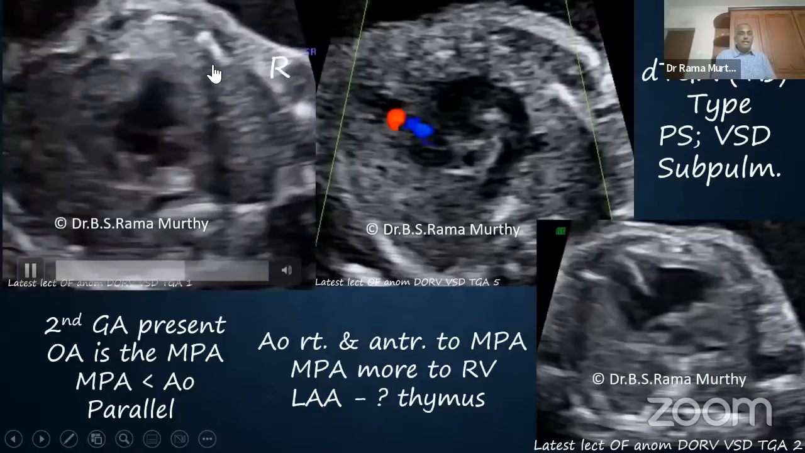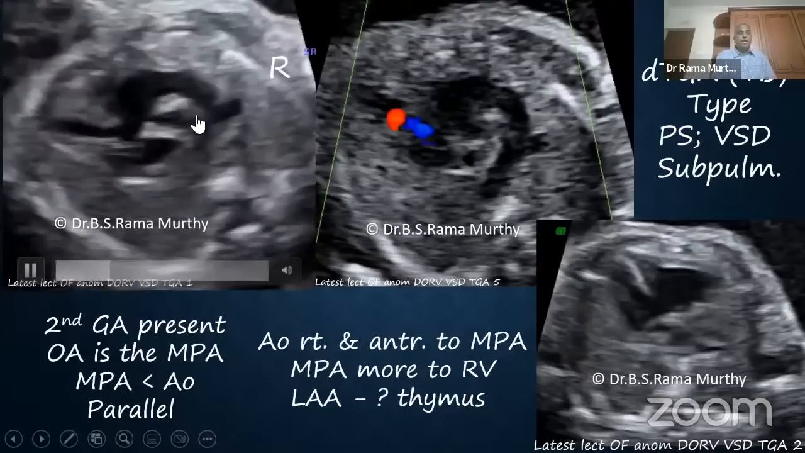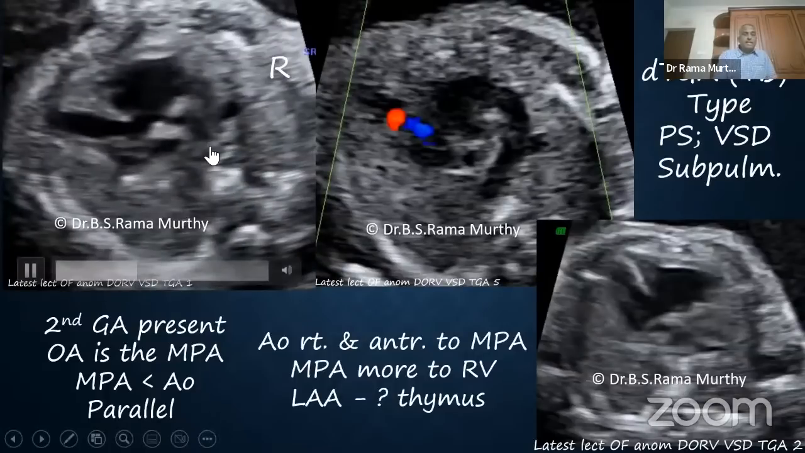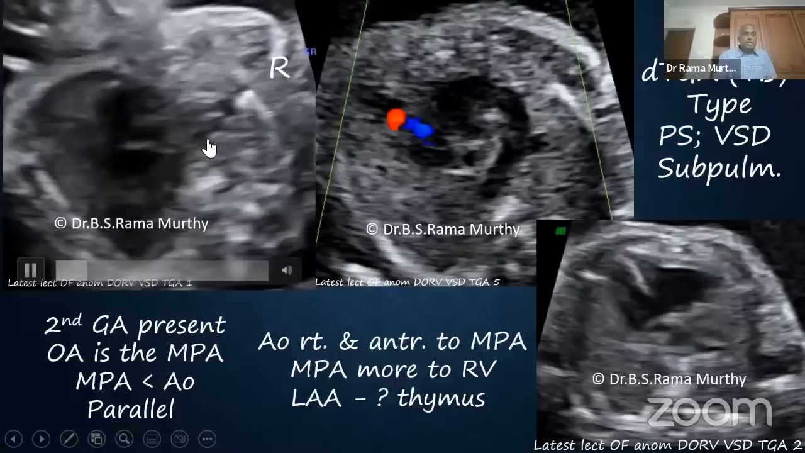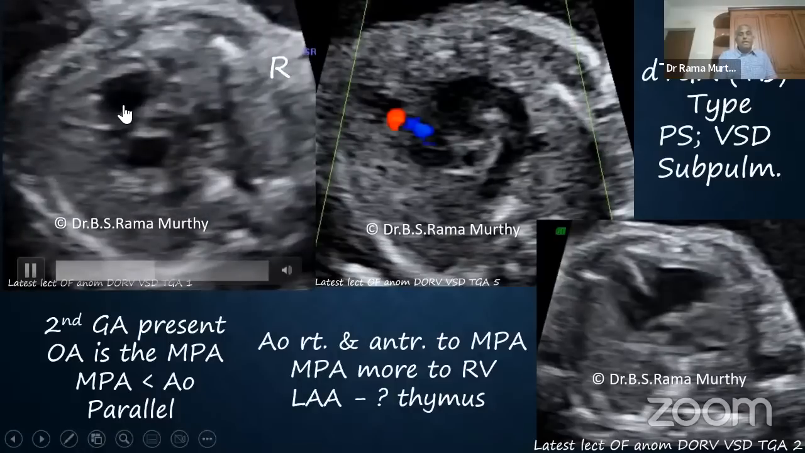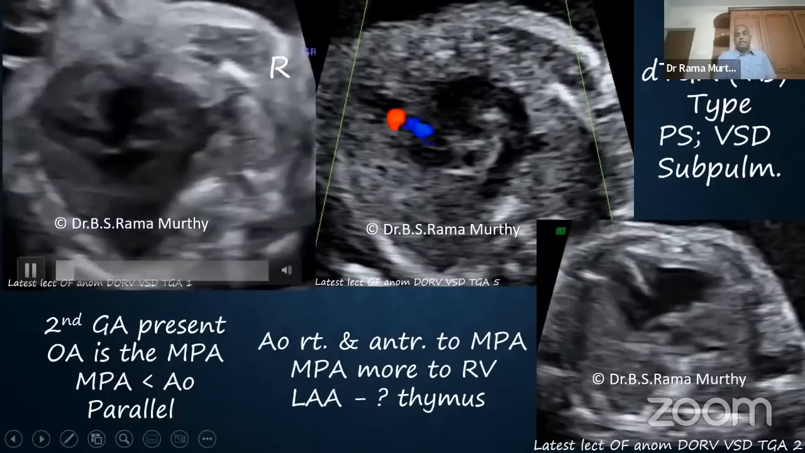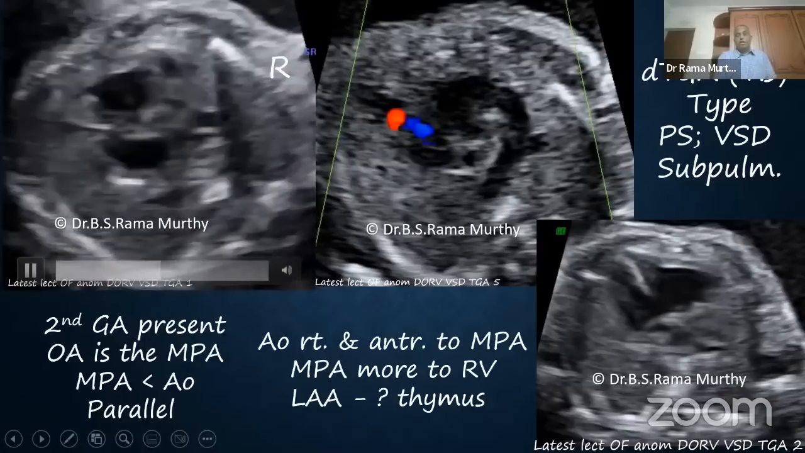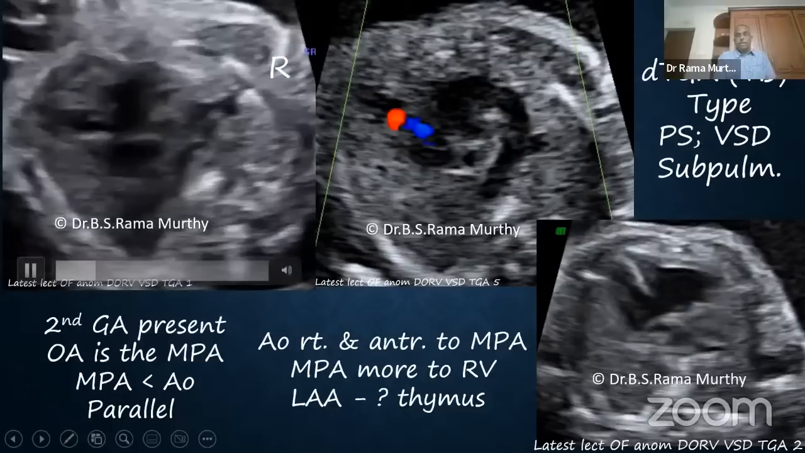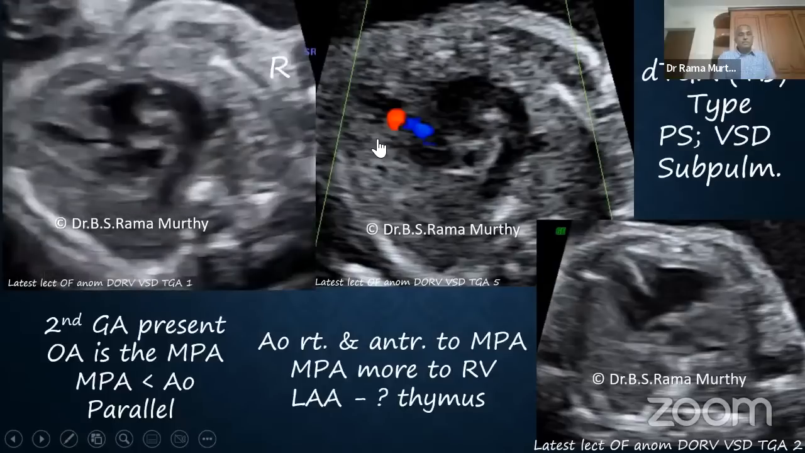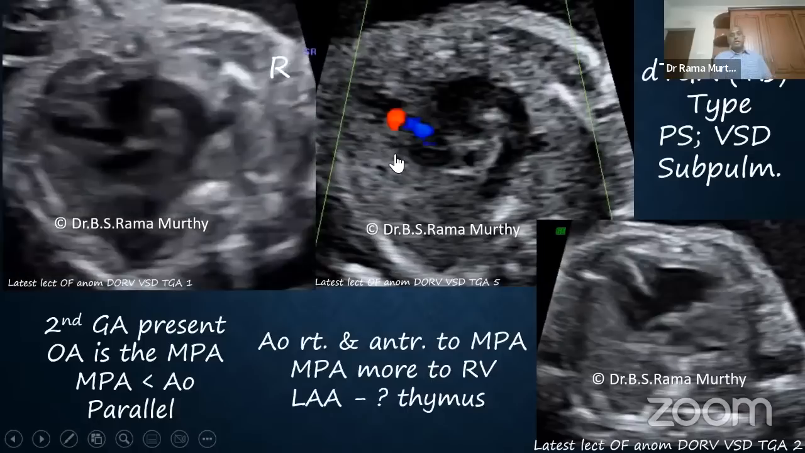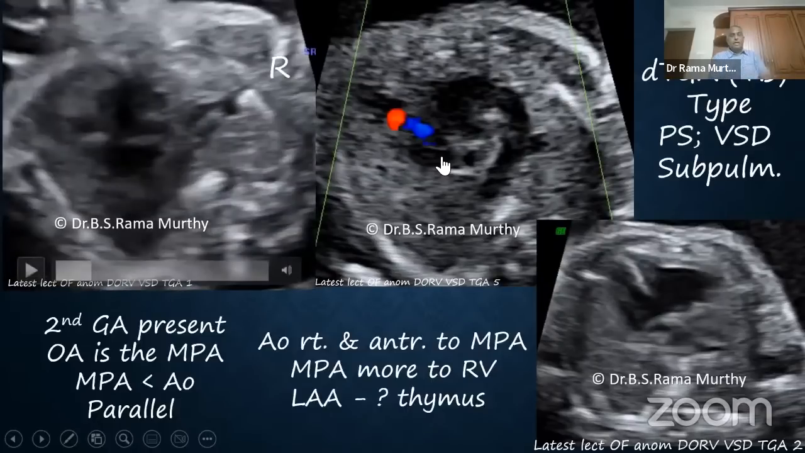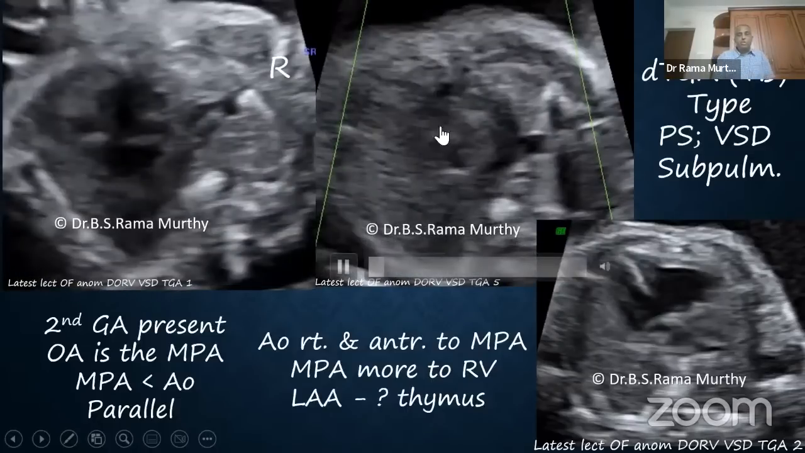The aorta is anterior and to the right of the pulmonary artery. That is why dextro-TGA type of DORV. There is a pulmonary stenosis. That is why the pulmonary artery is narrow, and there is a subpulmonic VSD. Everything put together, this is called the Taussig-Bing anomaly. Taussig-Bing anomaly, a classical description of DORV, DTGA type, and you can turn the color Doppler on, showing you the